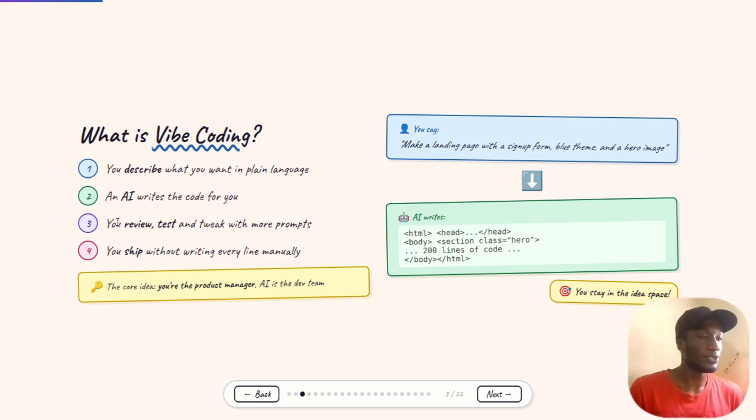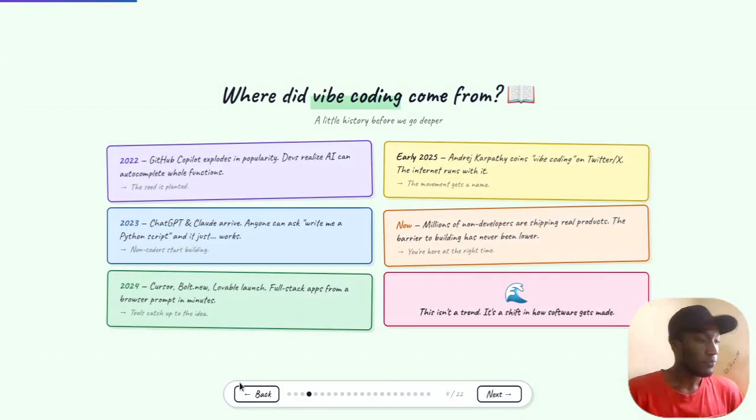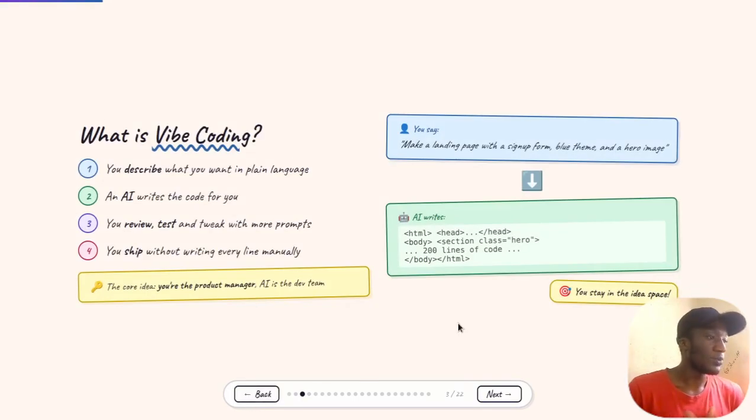It's just there, you just plug in. Just go to MCP tools, and I'll show you how. In my next video, I'll talk about MCP, and you'll understand how you just tell AI and connect with it. It's just like giving AI access to your tools. If you can't do that, AI will give you a step by step on how you can go create an account and then give it access. So don't worry about that. So basically, you are the product manager. AI is the dev team.